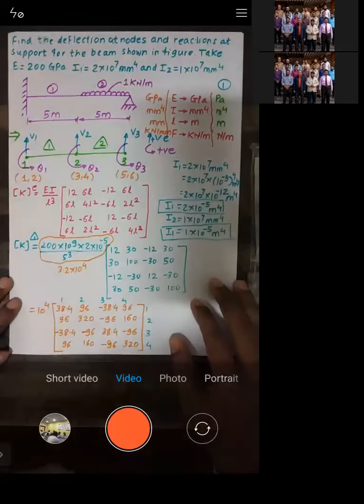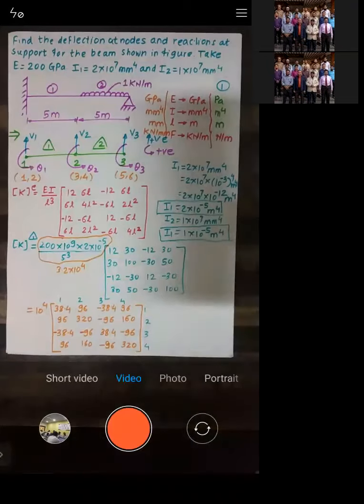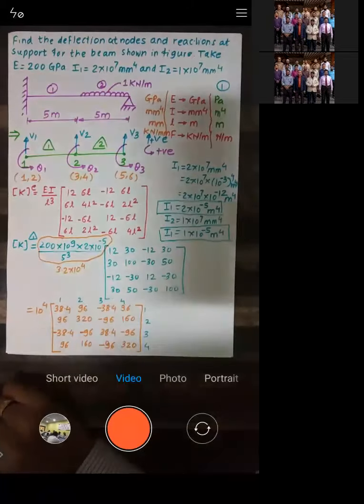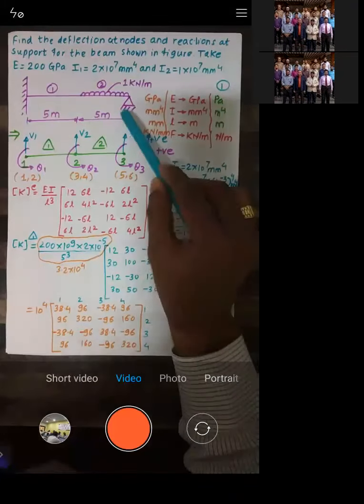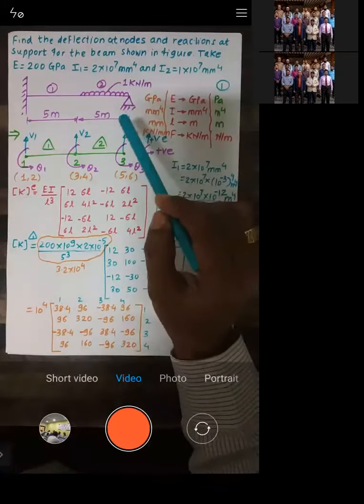Okay, let's start today's session. In the last session, we started the second problem on analysis of beam, right? This was a problem where a horizontal beam was given, which was fixed at one end, and at the other end it was provided with a roller support, fixed support, right? At the other end we have fixed support.